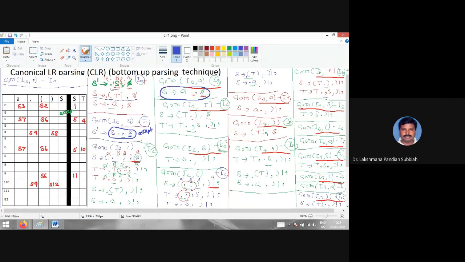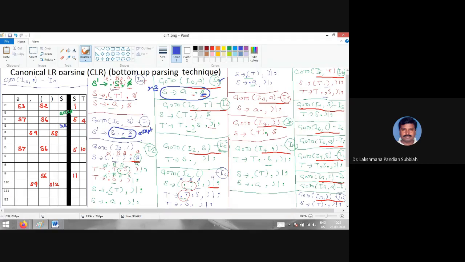Now you see this one, in that look ahead you have to fill with the production rule number. So what's the production rule number? S star is open bracket T close bracket is 1, S star is A is 2, sorry. The production rule number is 2. So you have to fill R2 in the state I3, in dollar. So here in state I3, you have to fill that one, with R2.